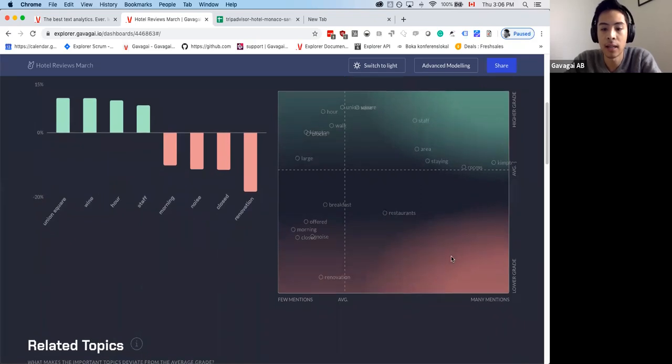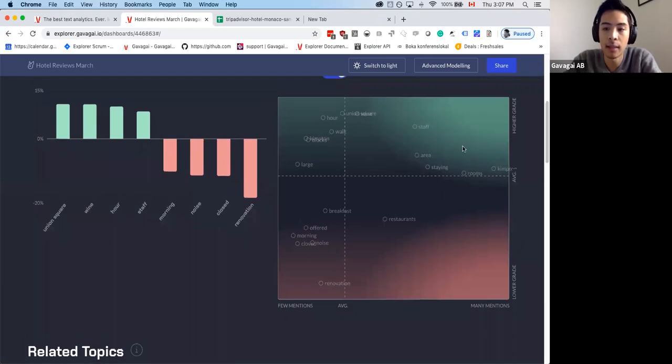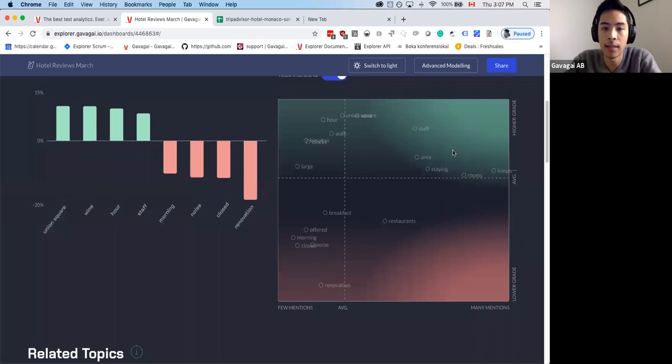Now, what this is telling us is, on the x-axis, or left to right, how often a topic is mentioned. So we see these different bubbles here. And now the y-axis is something a little bit more complicated. It's when this topic is mentioned. If your survey has some kind of grade or net promoter score, it's the correlation between the topic and that